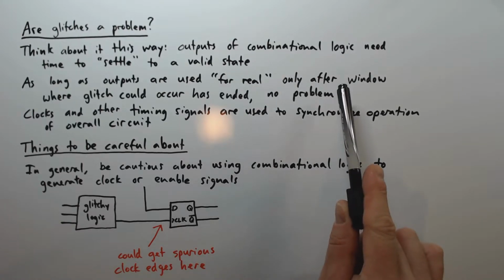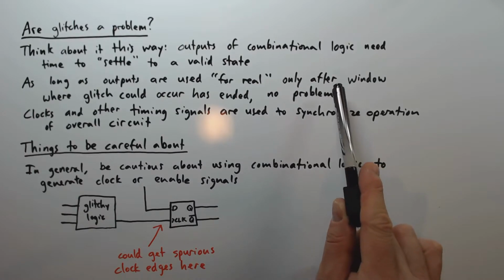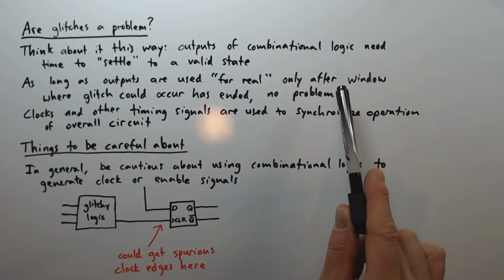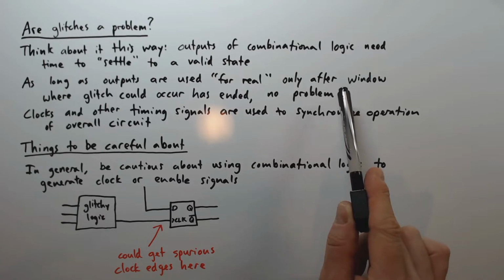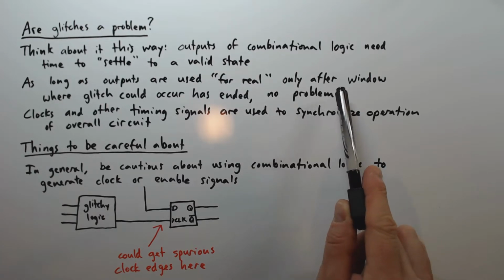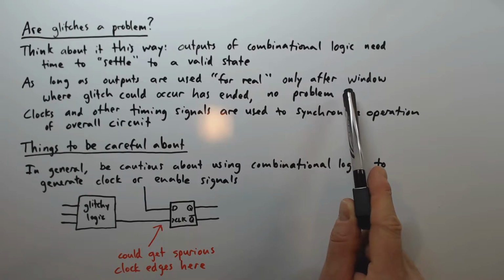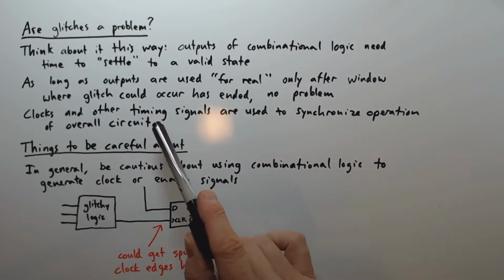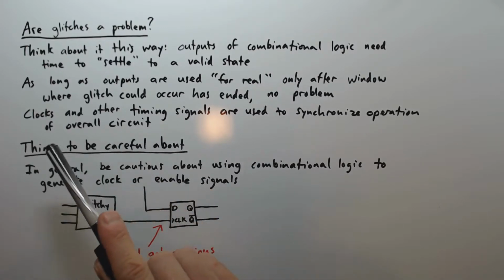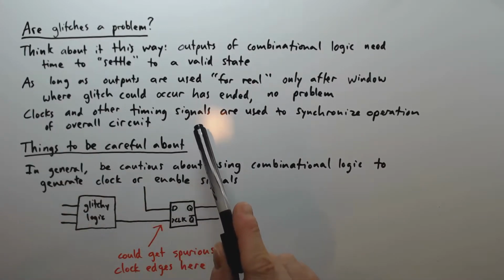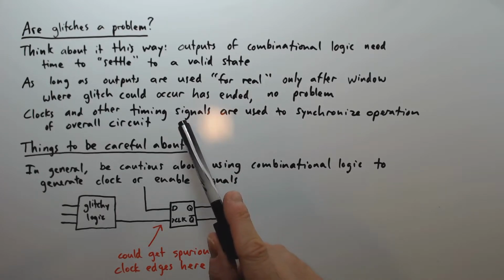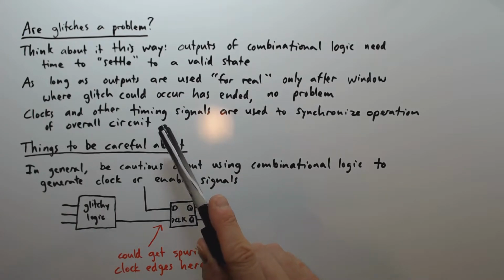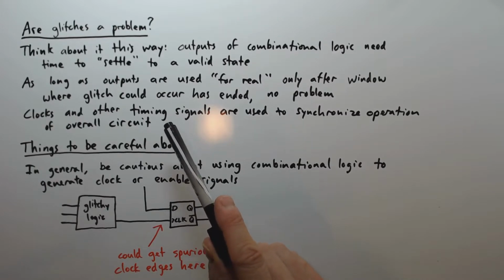And as long as your circuit only uses the output of combinational logic for real, after the window of time where a glitch could occur, then there's absolutely no problem, because essentially the glitched output will never be actually used by the circuit and thus is not significant to the operation of the circuit. And in general, the way that you can guarantee that outputs are only used at appropriate times is by using clocks and other types of timing signals to synchronize the operation of the circuit. And we'll see a lot of examples of that when we start to talk about sequential logic and the actual